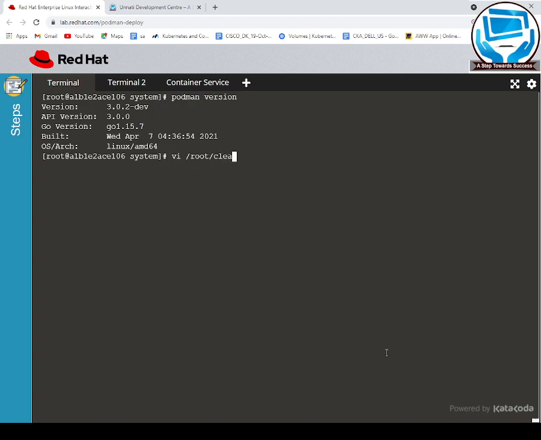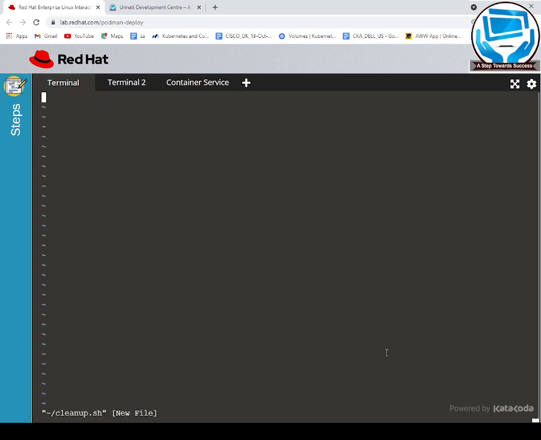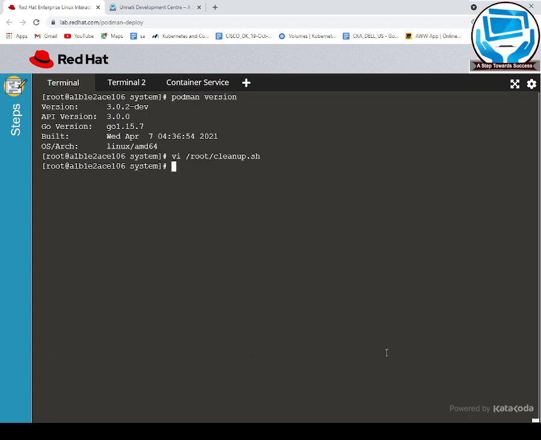So first of all, I will do a cleaning up activity. I will write a script which cleans up everything, just in case that container already exists. You can basically use podman stop. Please note, I'm considering that my container name is going to be mytest. Okay. podman rm mytest. So I'm just cleaning up my previously running container if there is any. Let's give it permission and try to execute it now.